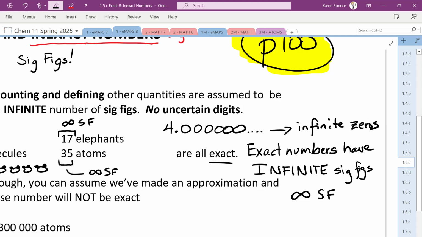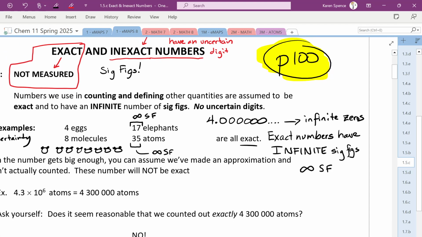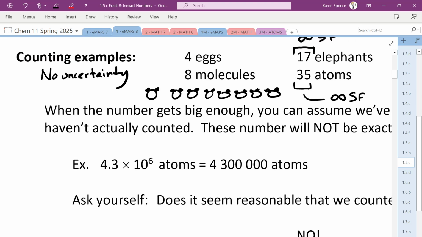Now this works as long as we are dealing with a relatively small number of things that we could actually count, okay? Usually up to about 100 we could reasonably count as a human being. But what if I gave you 4.3 times 10 to the 6 atoms? If you remember, 4.3 times 10 to the 6 is a positive exponent, so that's going to be big. So we're going to move our decimal place 1, 2, 3, 4, 5, 6 places, which means we're going to have